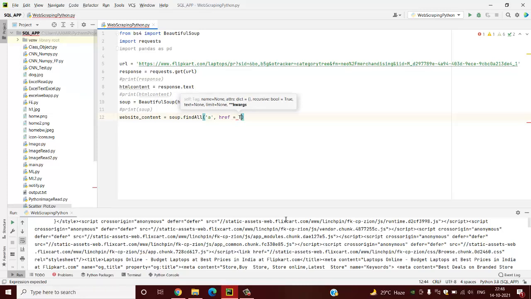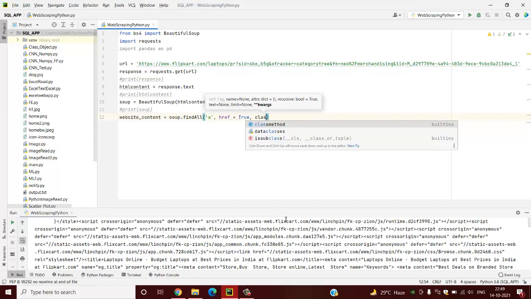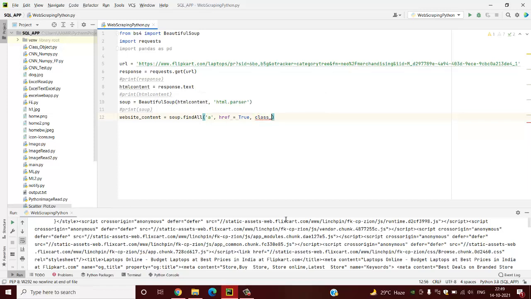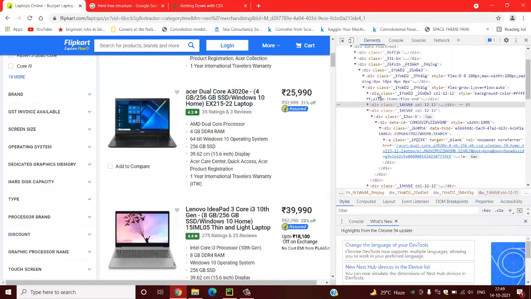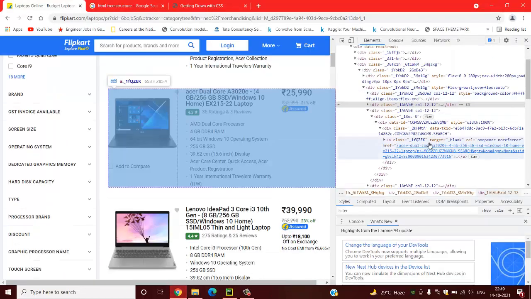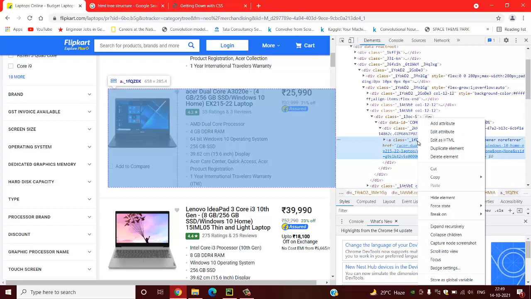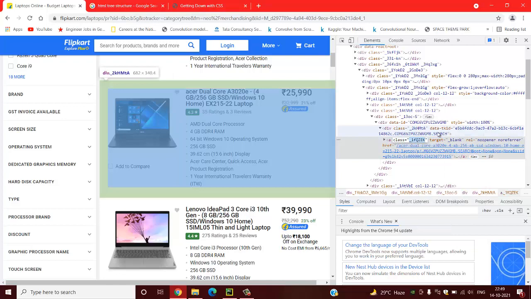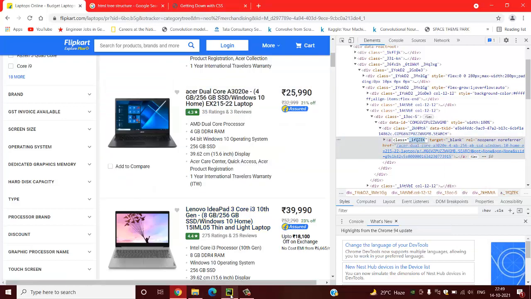So we have to search it for wherever it is true, wherever that link is available for that product, and we have to search for the class. Now which class do we have to search? We have to search for this class. This a tag belongs to this class for this first row rectangle. So we have to right click and edit attribute and copy this class, and